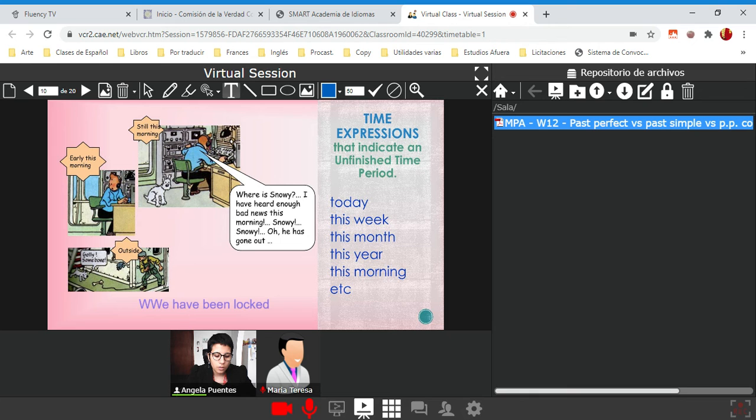been locked down all this year. Oh my god. We have been locked down, hemos estado encerrados all this year. El año no se ha acabado, pero todo este año hemos estado encerrados. You see, so the year is still ongoing. This month, this morning, the morning is still ongoing. Okay, good,